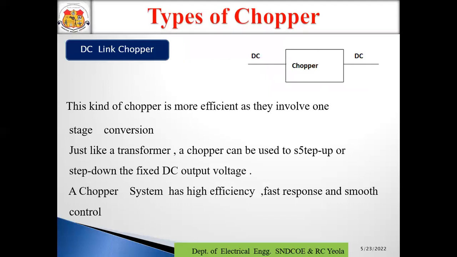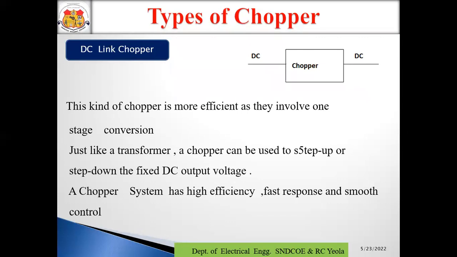Now we are discussing the DC link chopper. This is the most usable and important type of chopper. This kind of chopper is more efficient as it involves one stage conversion. So the DC link chopper has only one stage conversion, just like a transformer, and the chopper can be used